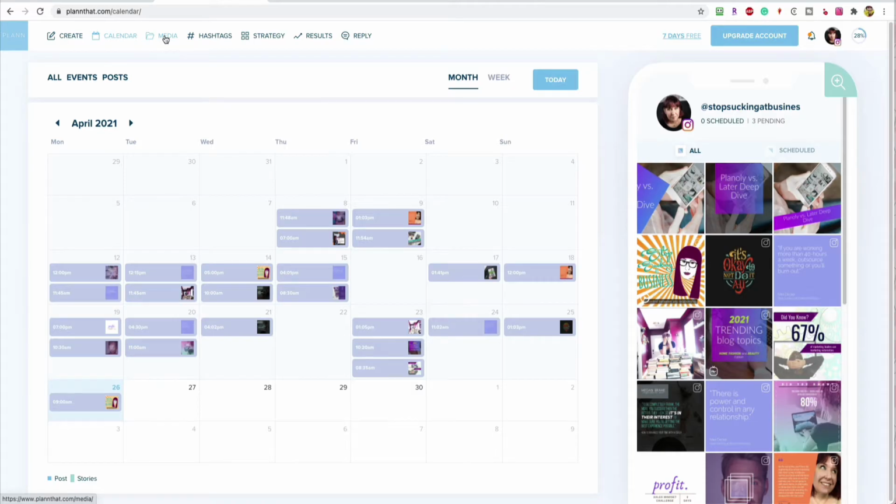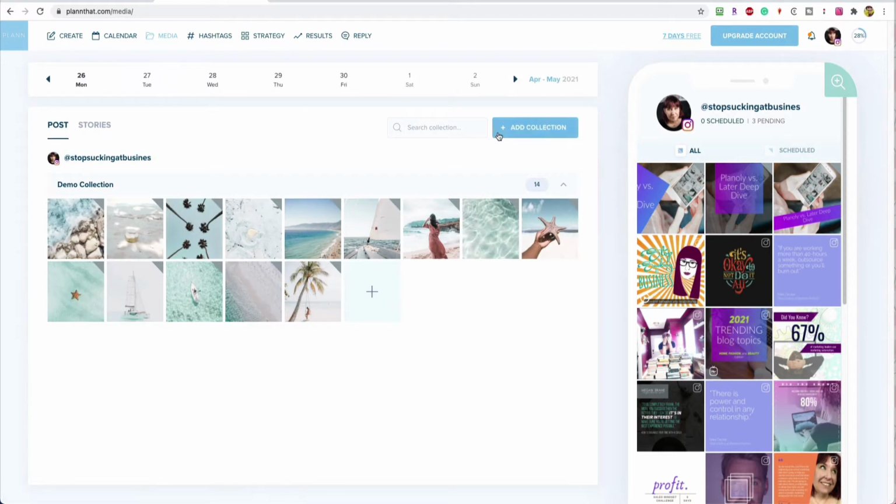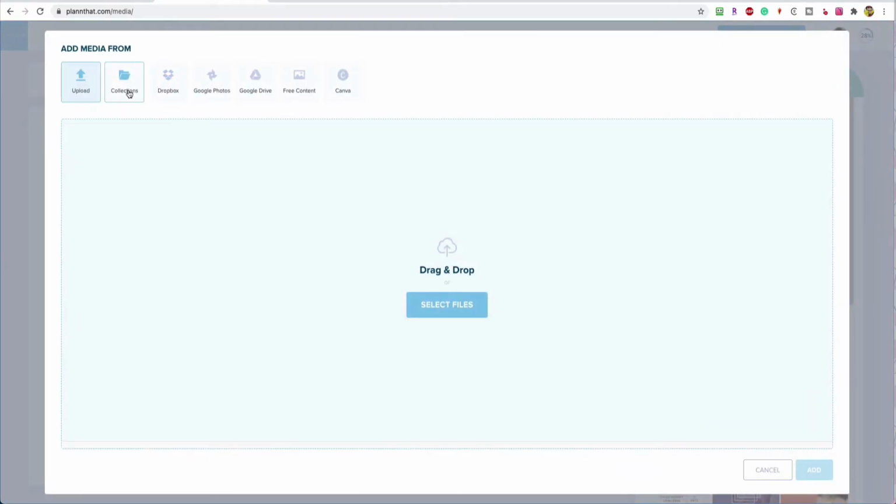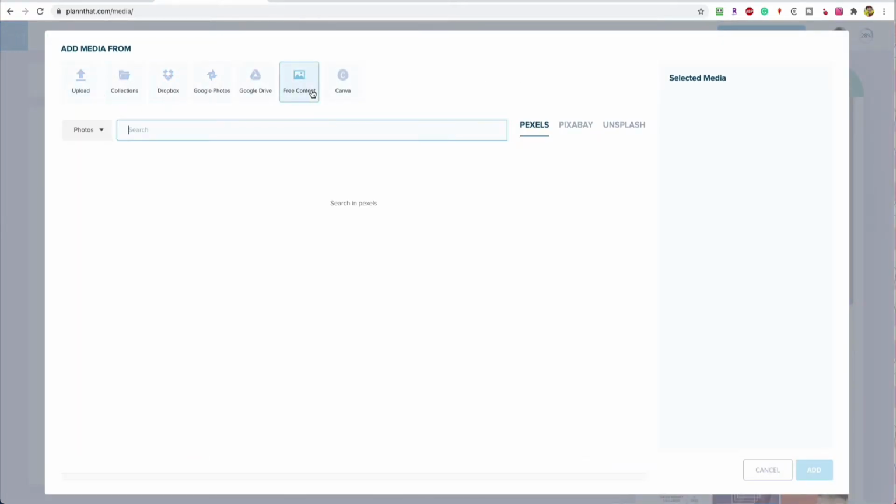Next, I want to show you their collection feature. Collections is just a media library where you can store all of your information. But what they also have in addition to that is a stock photo repository where you can source different images. They don't seem to have the public feed of images from other users like Planoly has, but they do have